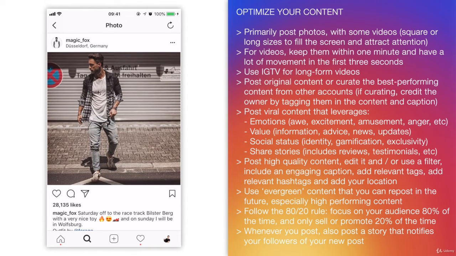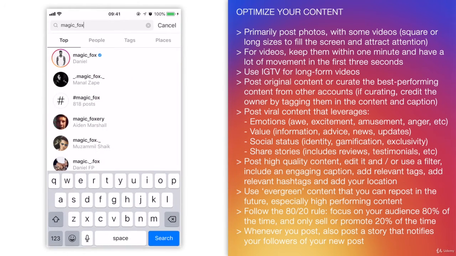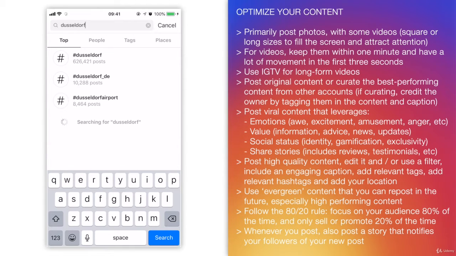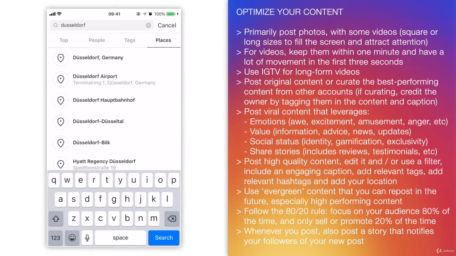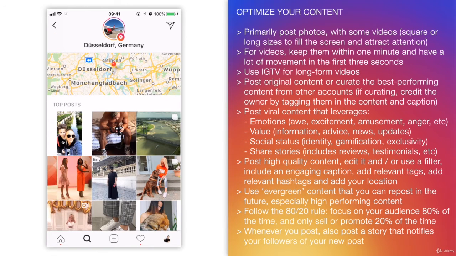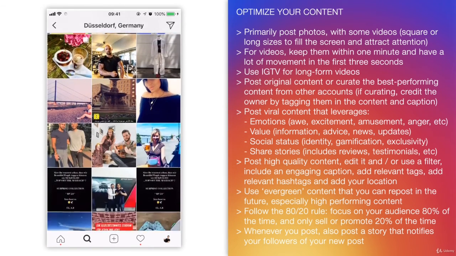And finally, if you see at the top under his username, he always puts a location. So that's another great way to amplify your content's reach, because if you put a location there, that means your content is discoverable by location. So if I go to the search button at the bottom where the magnifying glass is, I'll tap that. And if I type in Dusseldorf, then I'll slide over to places. Then that's got Dusseldorf, Germany. I can click that, and it's going to bring up all of the posts that have been tagged in that